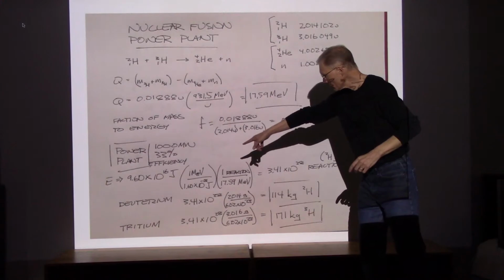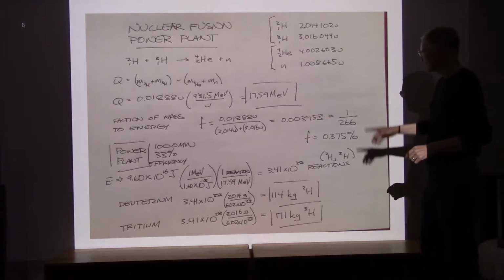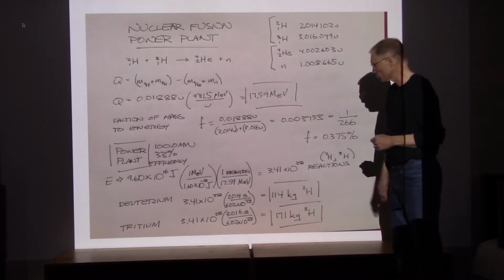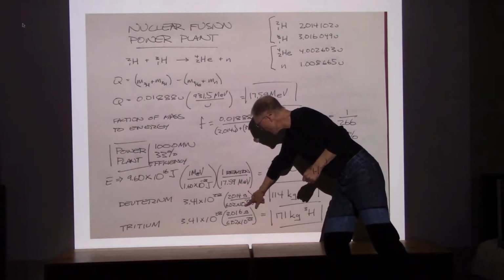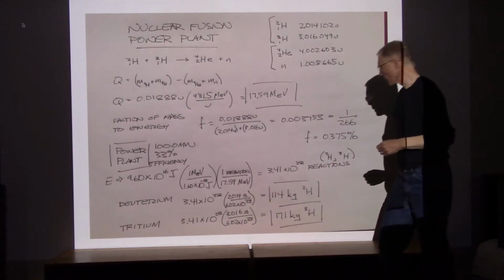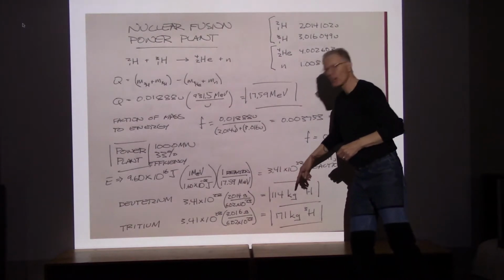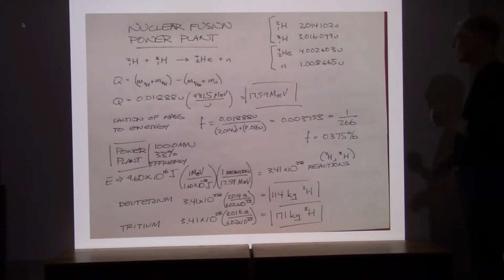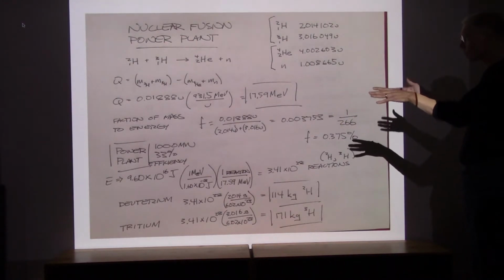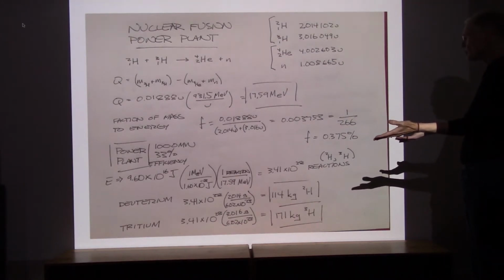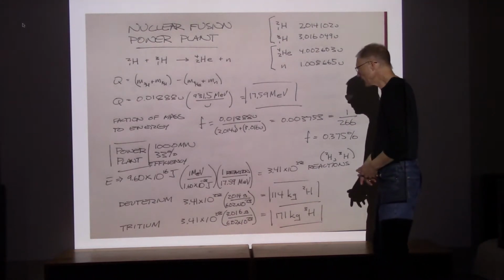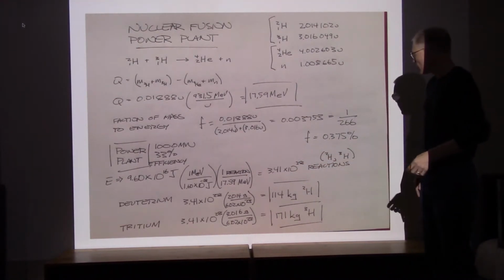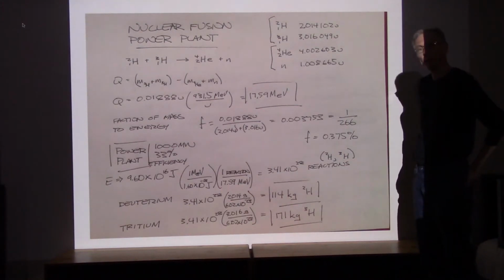And so I calculated for the deuterium and the tritium, if I run that many reactions, I'm going to need the same number of deuteriums, same number of tritiums. And then I took their molar masses and converted that into grams. And between the grams in here, I divided through by 1,000 to convert into kilograms. And what it turned out is, for our reasonably good-sized power plant, I'm going to need only 114 kilograms of deuterium and 171 kilograms of tritium, and